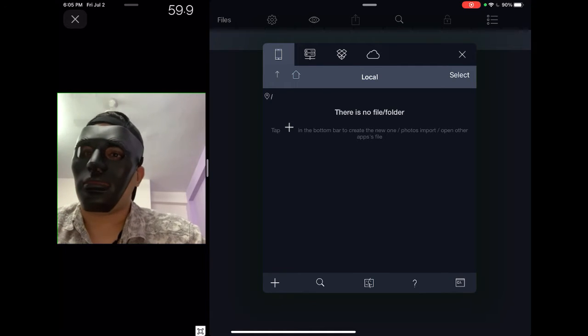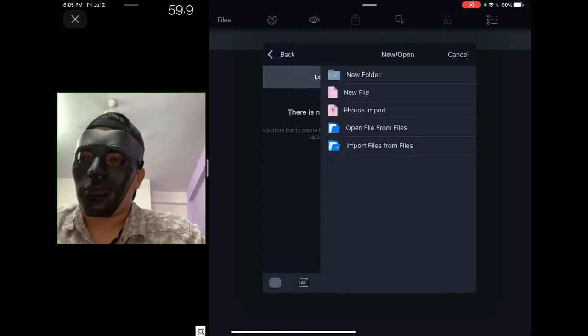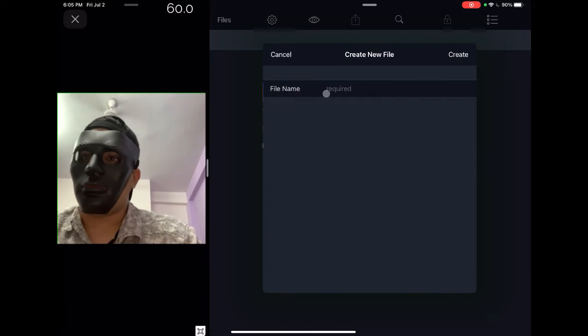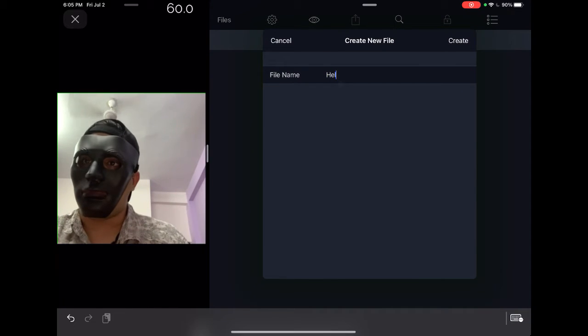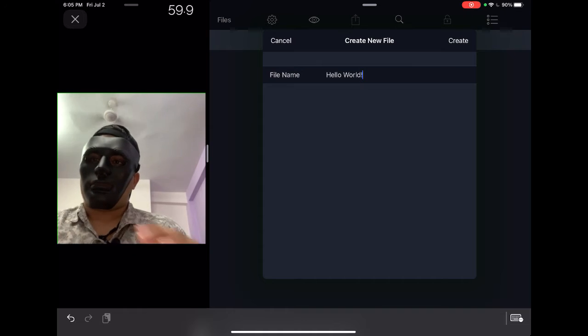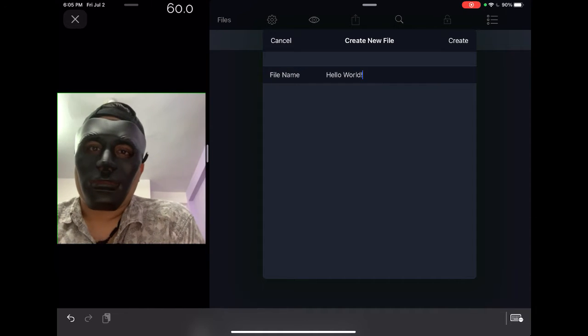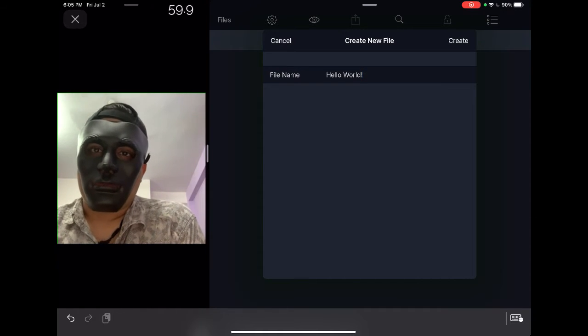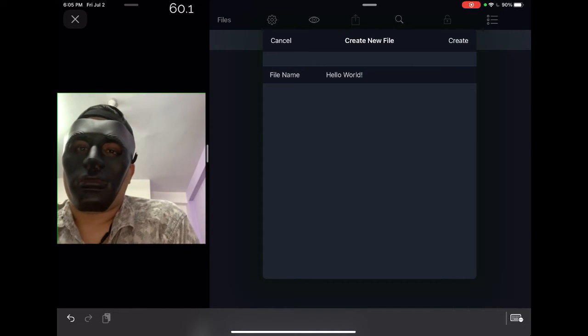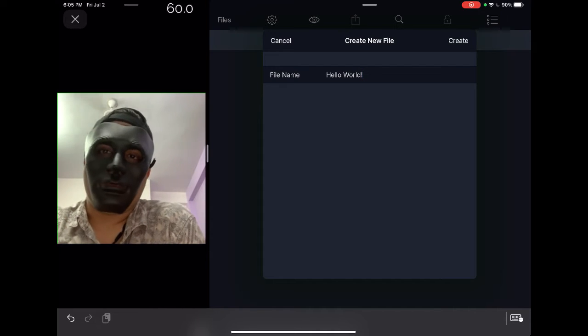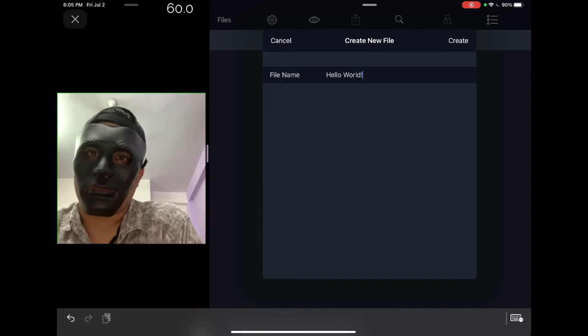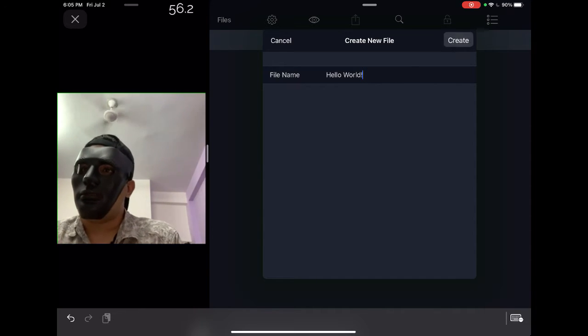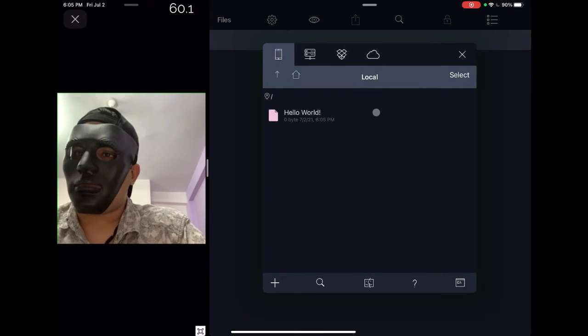So suppose you're creating a file today. We go to new file, and the file name we keep as hello world. Since this is an HTML editor, I do not need to add .html particularly to it, but on a laptop you'll have to add hello world .html, and that changes the extension, and with that you'll be able to use it with your browser. So that is taken care of. So let's create the first project, and let's click on it.